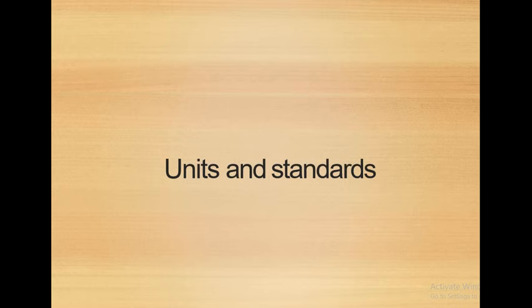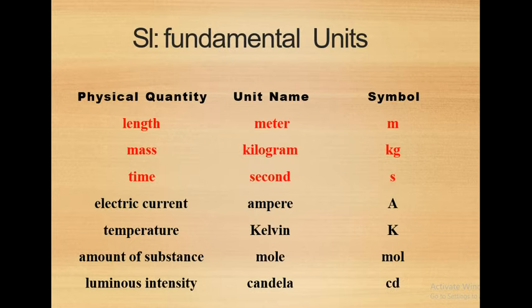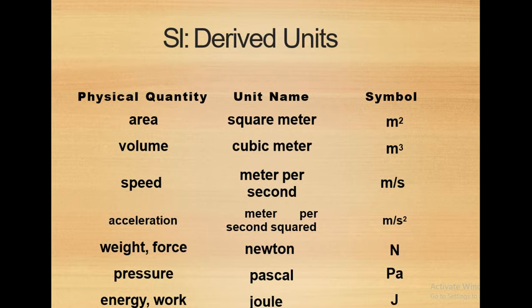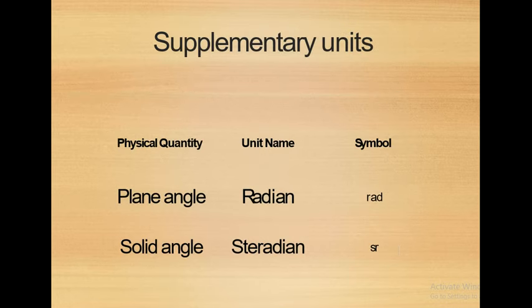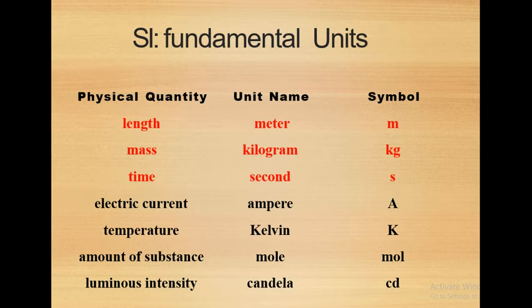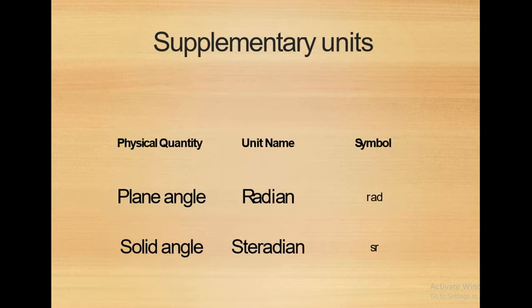After that we started with a new point, that is units and standards. Out of that we have seen different types of units, which can be classified as fundamental units, derived units, and supplementary units. At that time I also told you to please see more fundamental units, because only important units have been listed here, but you have to see more fundamental, derived and supplementary units that are used in the engineering field. So these things we have completed in our previous lecture.